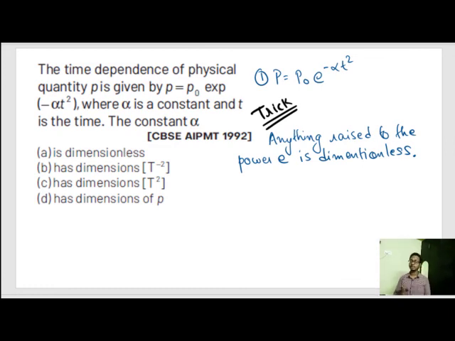Yes. Sir, what's the difference? Difference is in your NEET curriculum, entire NEET curriculum, all the formulas that have something raised to the power e in physics will always be dimensionless. Okay. In future, when you take up higher studies, things might change, but right now, anything raised to the power e is dimensionless. That means out here we learn that alpha t square is dimensionless